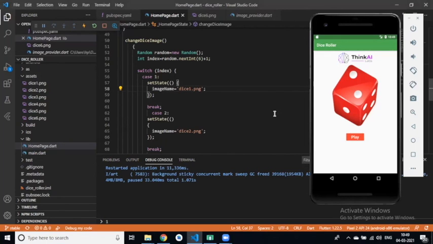Yeah, yeah. In the login app, in place of the logo, you can use our Think AI Labs logo in your application with the help of a network image, or simply download this image and use it as an asset image. Now you can create an awesome login page, an amazing, colorful one.